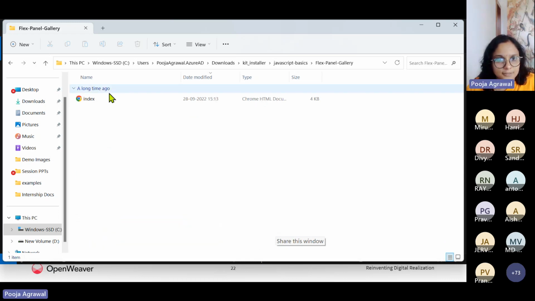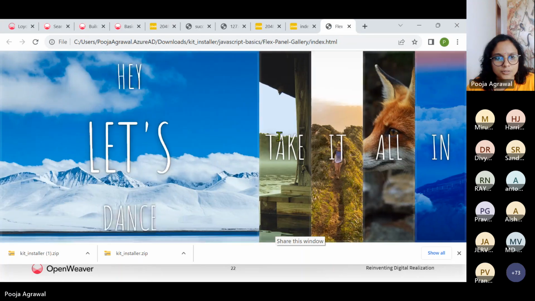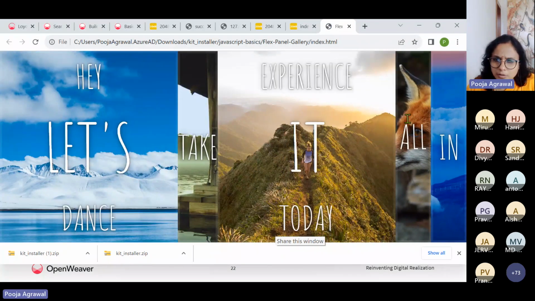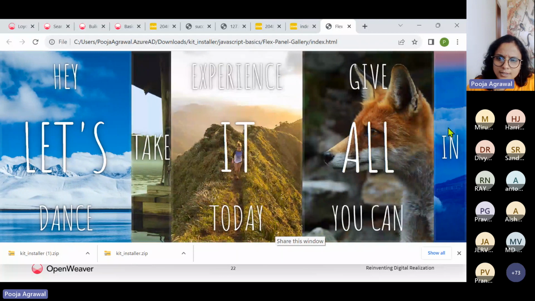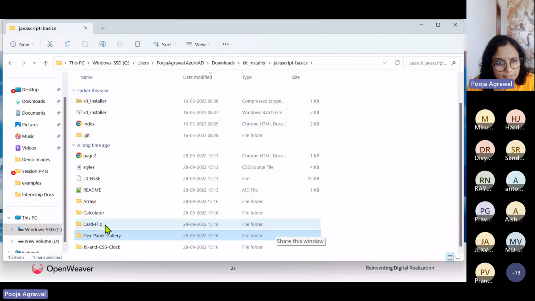Let's say the flex panel, if you go and click here, it's an interesting visual of sorts and a very simple one as well. So there are multiple such programs that are available.